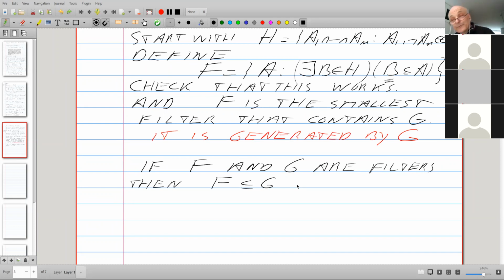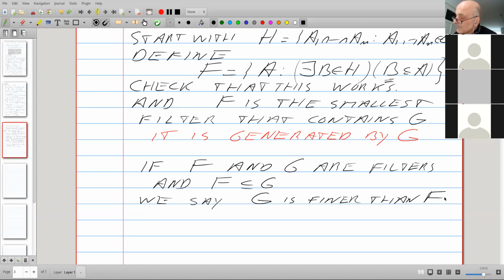If we have two filters, then it may happen that one is a subfamily of the other. And we say G is finer than F. It's simply larger, but for some reason we like the word finer better.